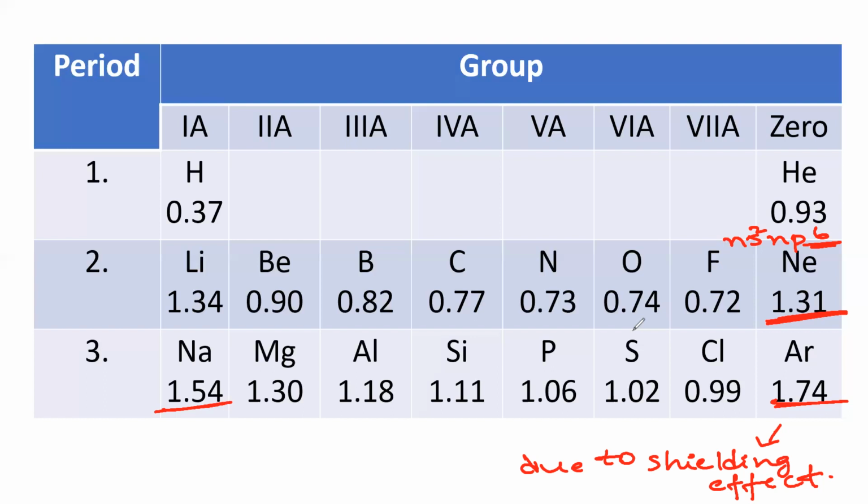If the nuclear charge is more, the atomic size decreases. If the nuclear charge is less, the atomic size increases. Similarly, if the shielding effect is more, the atomic size increases, and if the shielding effect is less, the atomic size decreases. What is shielding effect? The shielding of outer electrons by inner electrons, that is, core electrons. If the shielding is not done properly, the outer electrons come under nuclear attraction. When they come under nuclear pull, automatically the atomic size decreases. So this is the case of atomic radius. I hope it is clear now.